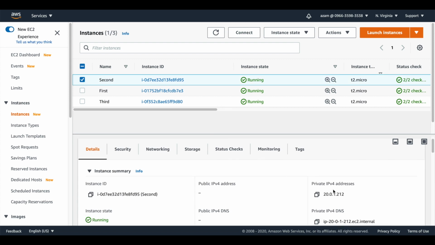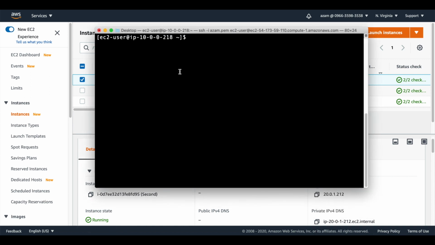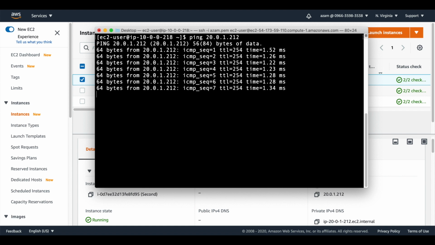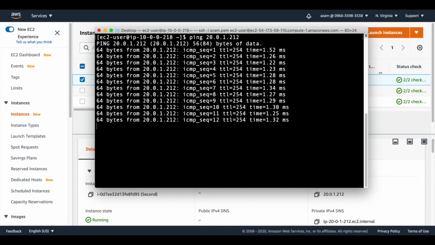This has a private IP address. Copy this one, come back in terminal, and send a ping command to this one. It means our transit gateway is working. It is fully functional. Route tables are fine, and now I test my second